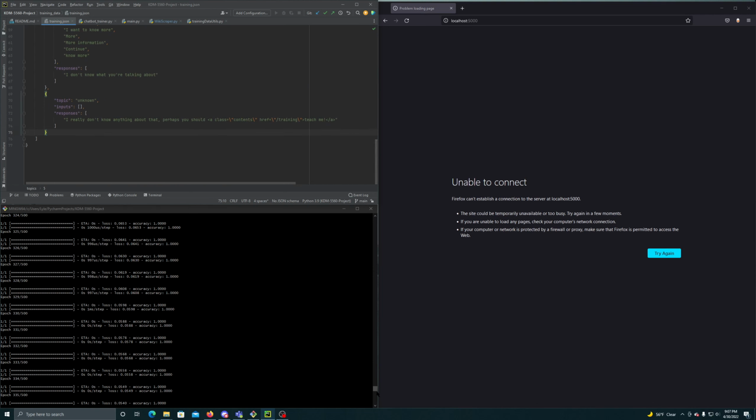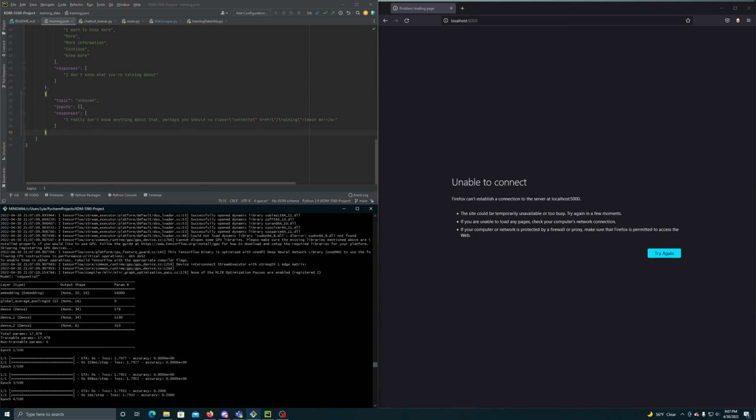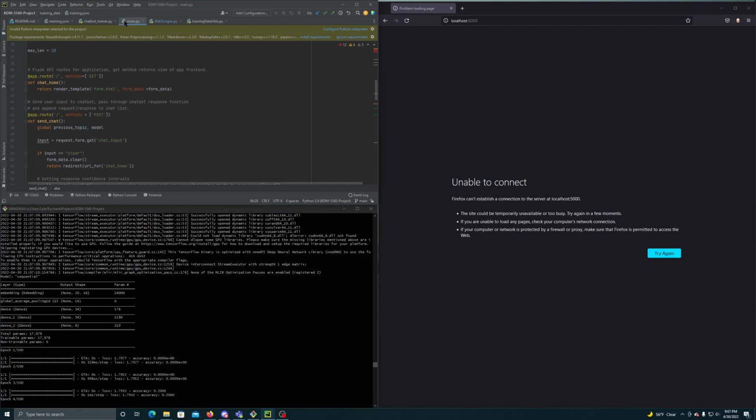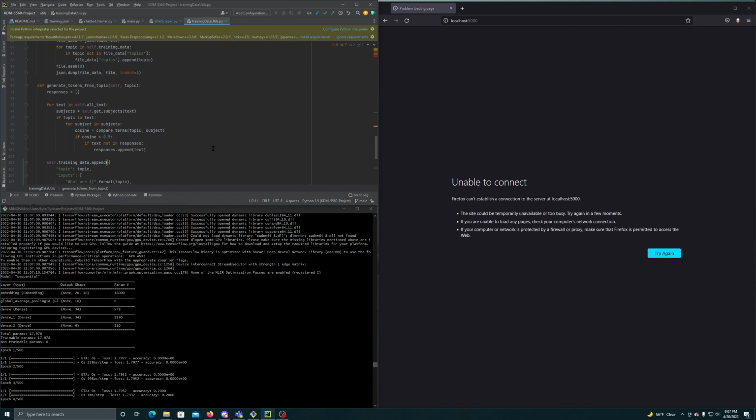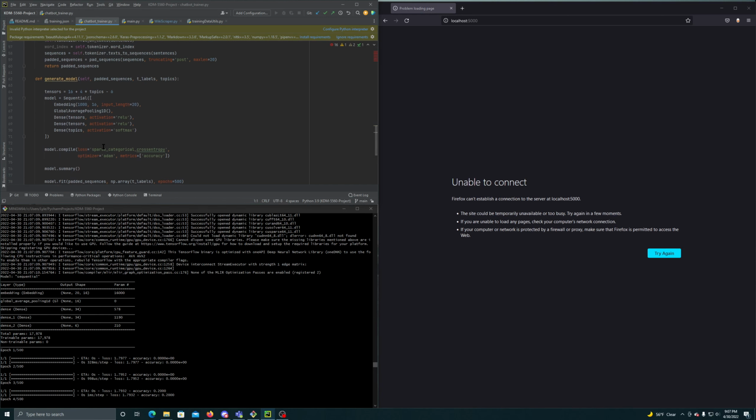So you can see here, this has gone through a few hundred epochs of training, and if we scroll up a little bit, we can see the initial summary of the training model. The model is a sequential model that has about 5 layers in it, and these 3 layers down here are what do a lot of the